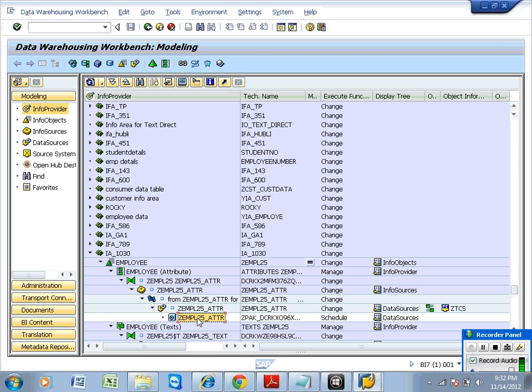So, if something goes wrong, say someone deleted data from the data target, there is no need to interact with the source system again. You can find the required data in the PSA and pull back the information from it. So that's the reason PSA is used as a backup table.